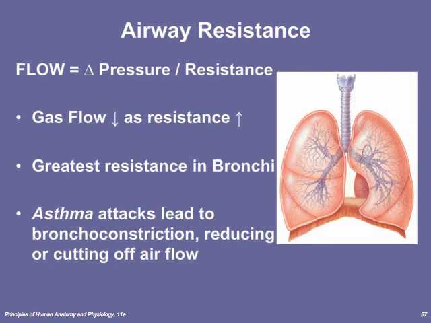the greatest resistance. For example, if somebody's having an asthma attack, they have what we call bronchoconstriction. Basically, the airways within the bronchi become inflamed, which reduces the lumen, and as a result, people that are having an asthma attack have to breathe much more forcefully to get sufficient amounts of air down to the respiratory zone. And so oftentimes we call these diseases where we have bronchoconstriction COPD diseases, and COPD stands for chronic obstructive pulmonary